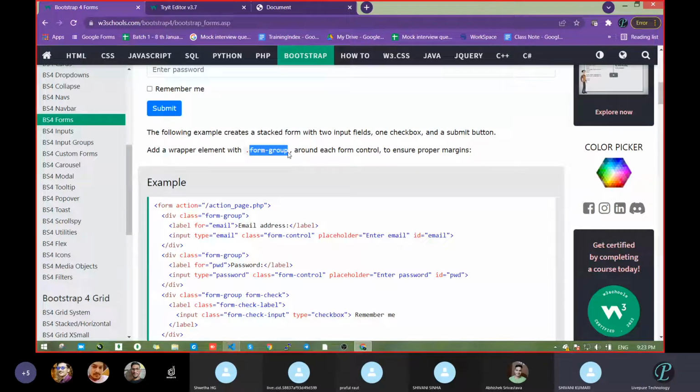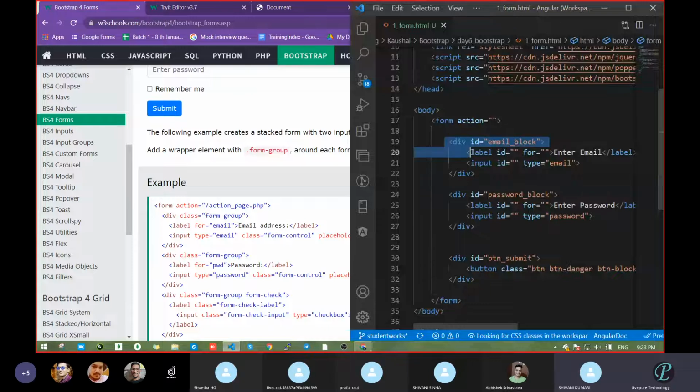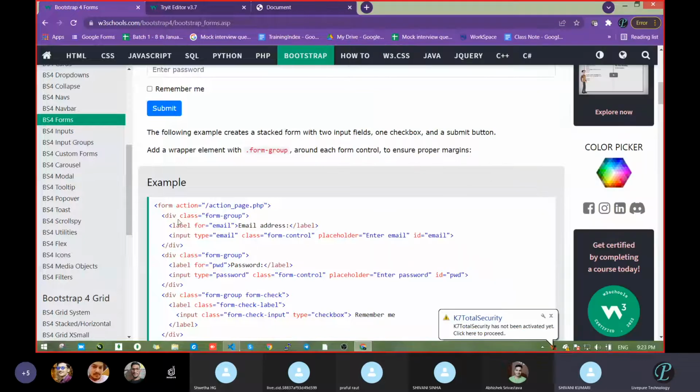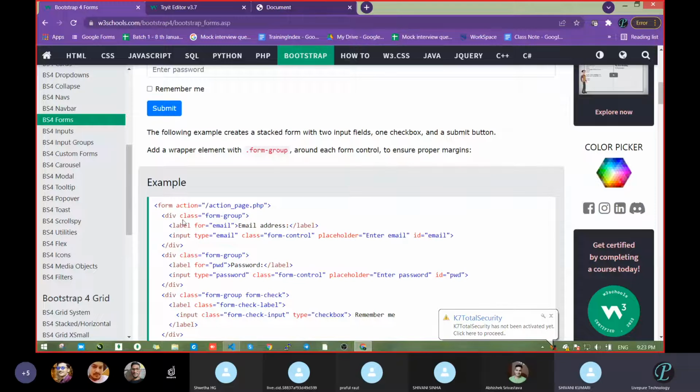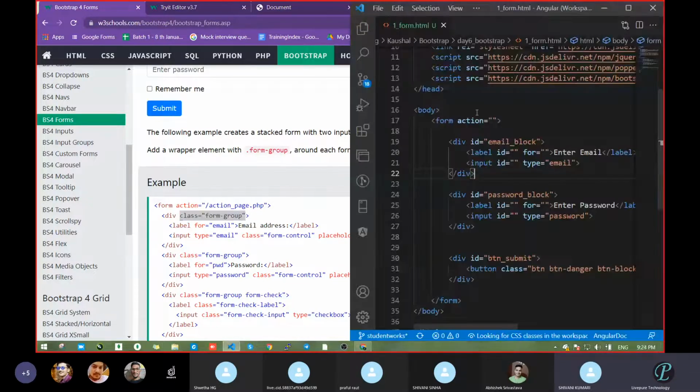Group of input, grouping, correct. So it is going to group, like in a div, we make it a container type. We will pass the form group class. See, at the top itself each div has this form group. Just take this class form group and pass it there.